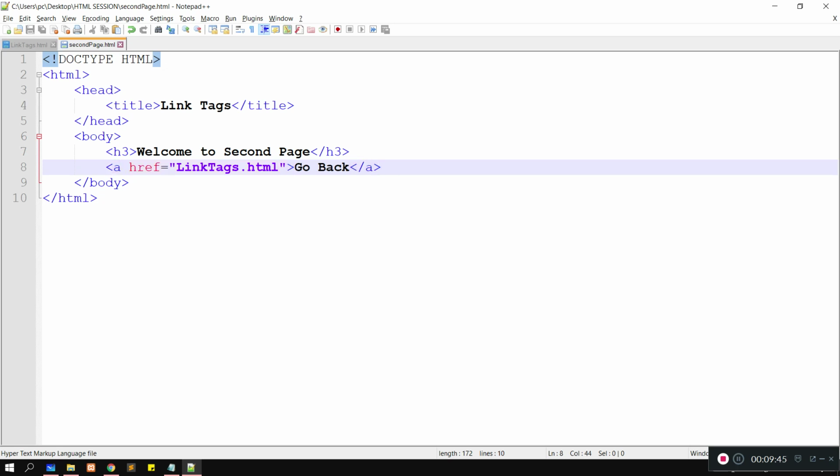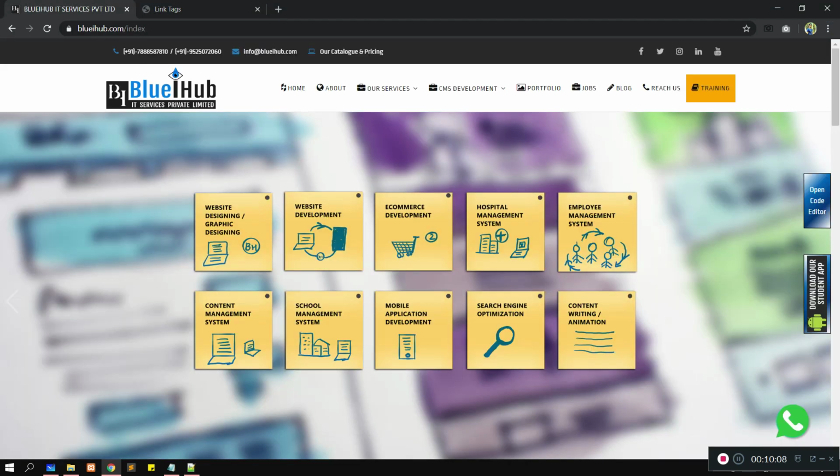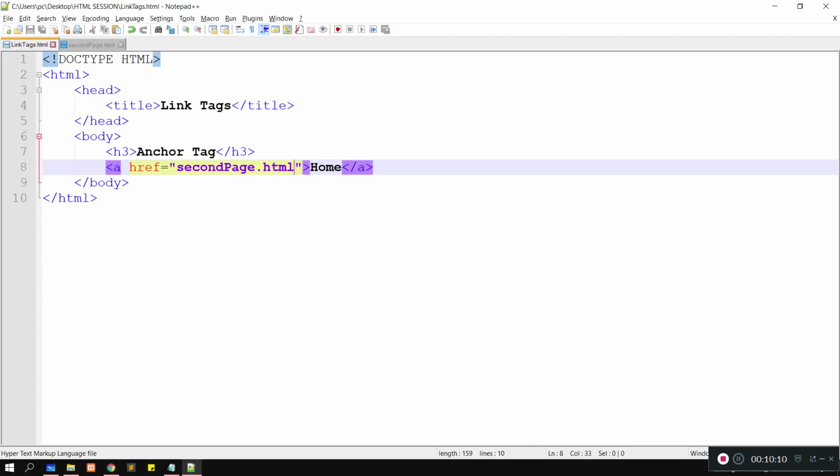So what we have learned about this tag, this is of container type, which is having opening and closing. And it starts from a. After it, we have to give the path of the file or the link. Okay, I will show you one more thing. You can even copy the path and paste it here.